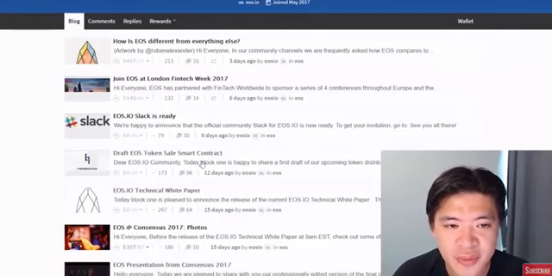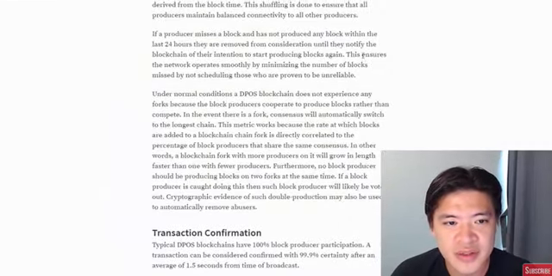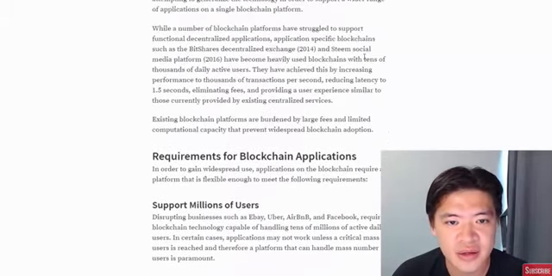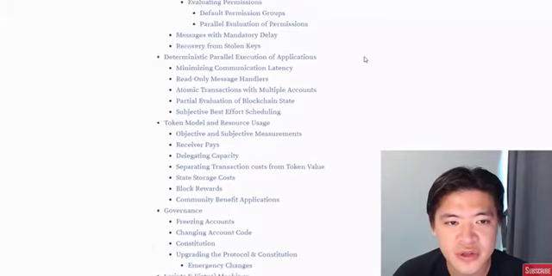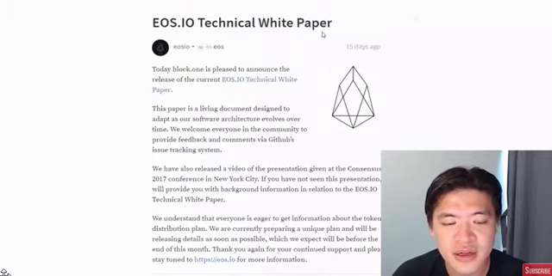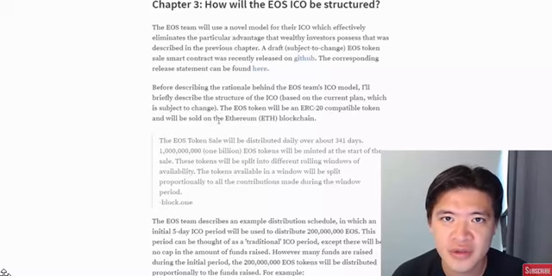There's a white paper and there's development on GitHub. The white paper details things such as their proof-of-stake system, their low latency, their usage, and a lot of the key features of EOS. So that's a really great place to start reading and learning a bit more about EOS. The EOS white paper can be located on Steemit, and I'm going to put the link below. Obviously, a huge project like EOS needs funding, and it's going to seek funding through an initial coin offering. And an interesting thing about the ICO is that it's going to use Ethereum to host it.